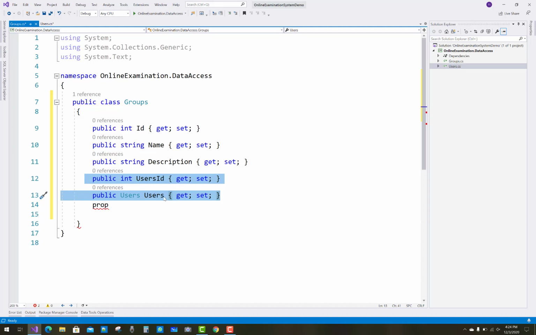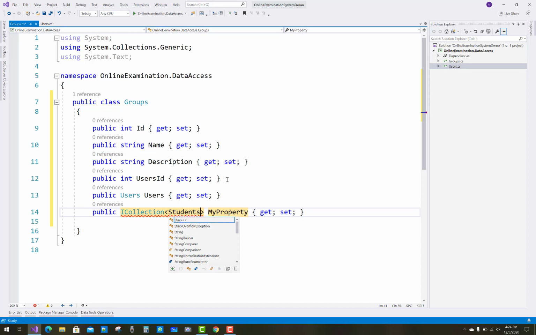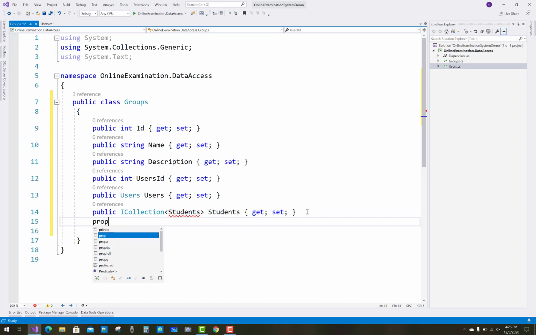So the user is related to the CreatedBy prop. ICollection, a class has multiple students, a class has multiple exam results. Okay, exams, you can say.